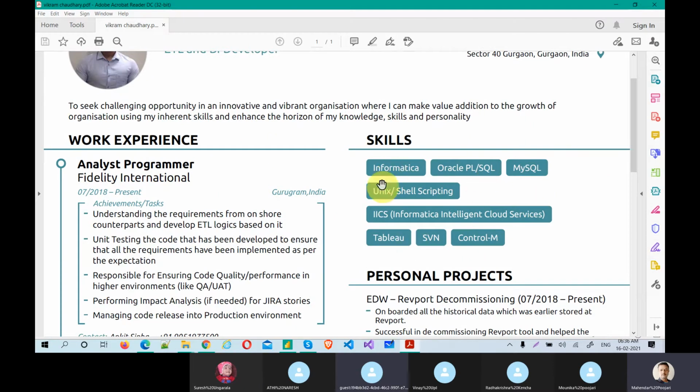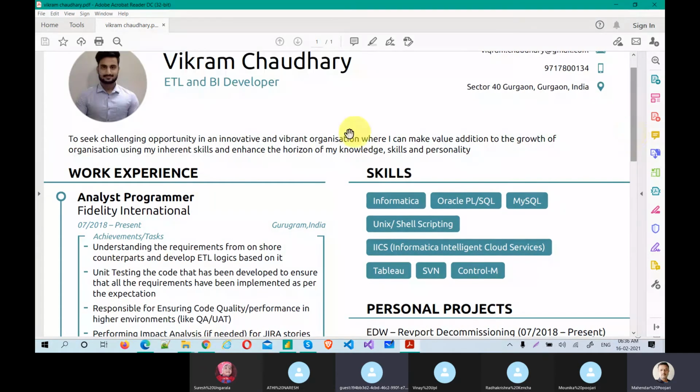So this is called the skills area. Okay, this is how you should write. This is really good actually. Okay, this will give you a perfect look. I mean, look-wise it is eye-catching. Okay, now this is the "seek the challenge of opportunity" part. I don't like this basically, but that's up to you guys.